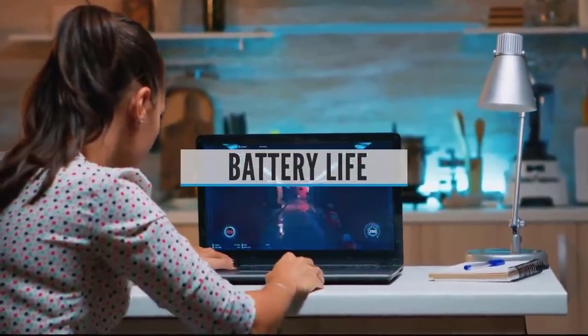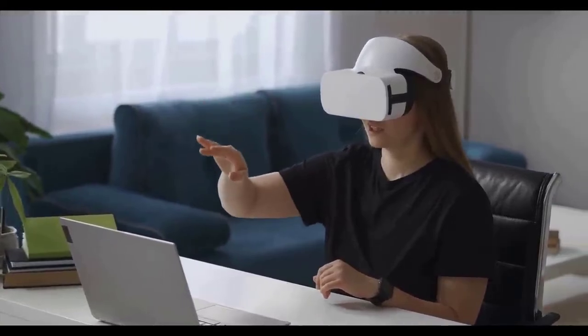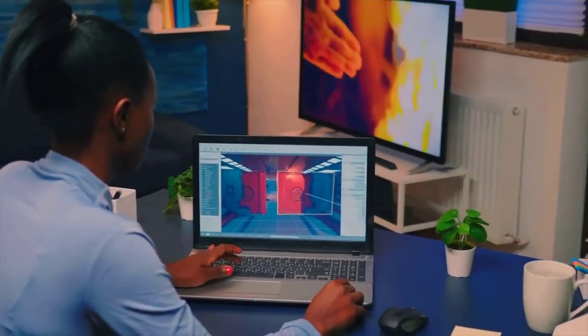Battery life. If you plan to spend any time away from an outlet, even if that time is spent sitting on a bed or couch at home, look for a laptop that offers more than 8 hours of battery life. Because they require so much power, gaming laptops are an